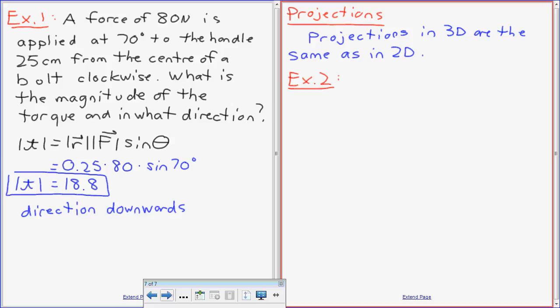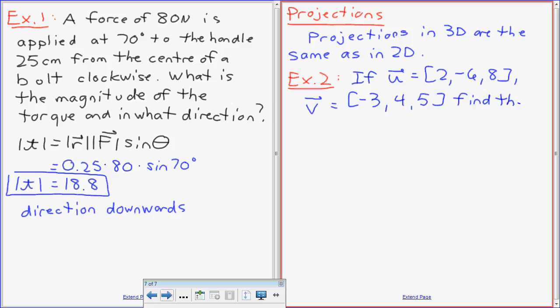And you guys are going to do this one for me once Luke gives me the first step. If vector u is equal to 2, -6, and 8, and vector v is equal to -3, 4, and 5, find the projection of v